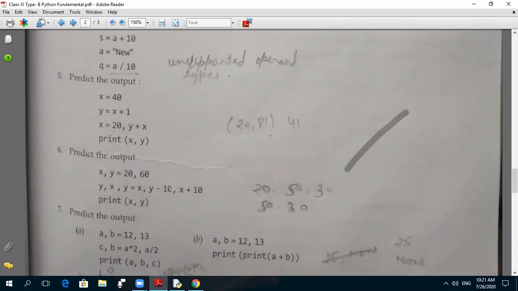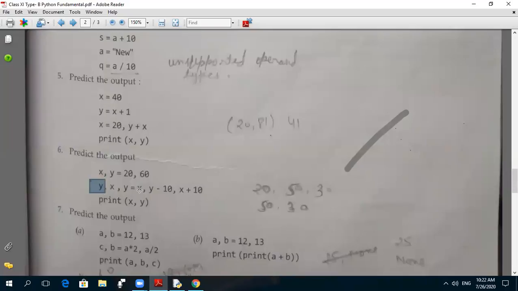Value of y minus 10. What is the value of y? 60. 60 minus 10 is 50. So 50 will be stored in variable x, and the value of x will be stored in variable y. Clear? So the value of y is 20 according to this.